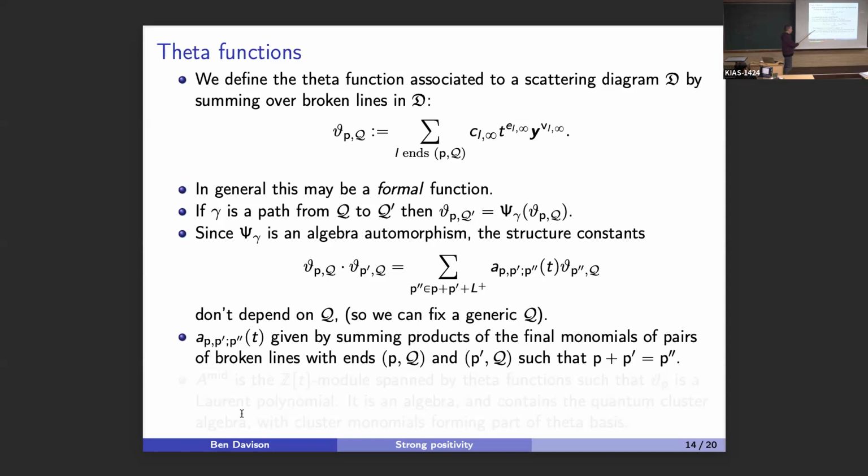Namely, the structure constants themselves are also given by taking sums over broken lines. I take the sums of the products of the final monomials on pairs of broken lines, with asymptotic directions given by P and P prime, adding up to P double prime. So that's the structure constant I'm trying to calculate. Again, these things are given by summing over monomials attached to the endpoints of broken lines,